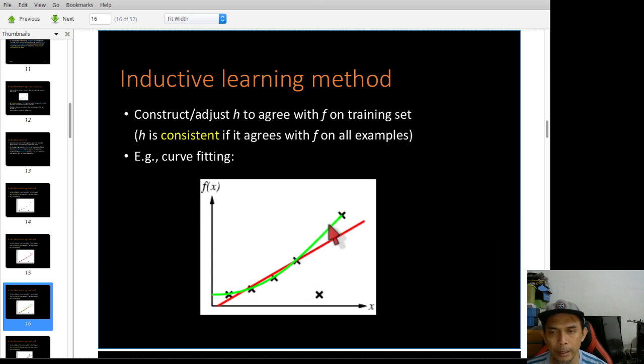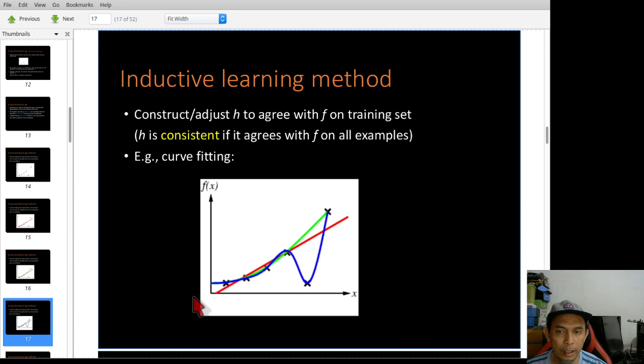But what happens if the isolated data point here is actually real data, not noise? So how do you draw a function so that it will include this data point? Of course, the straight line is very poor in this case. Linear function is very poor. Green is much better, but does not really represent all data points here.